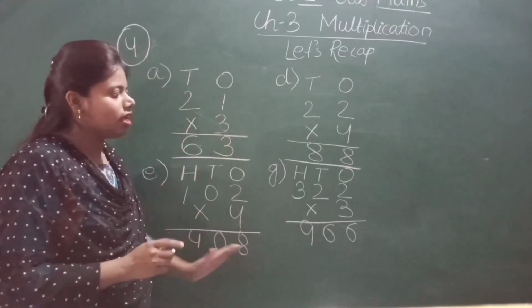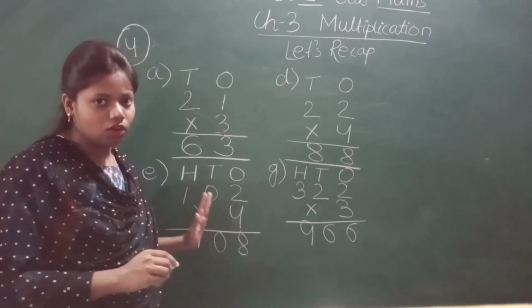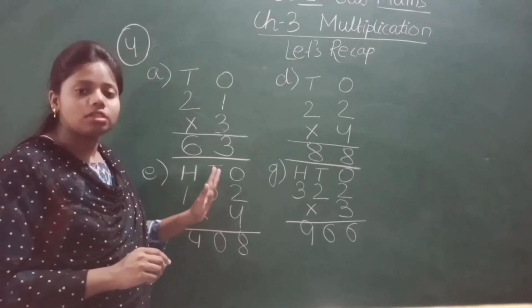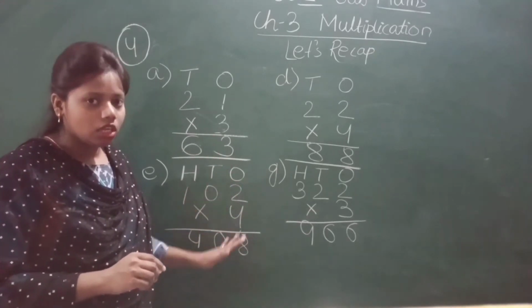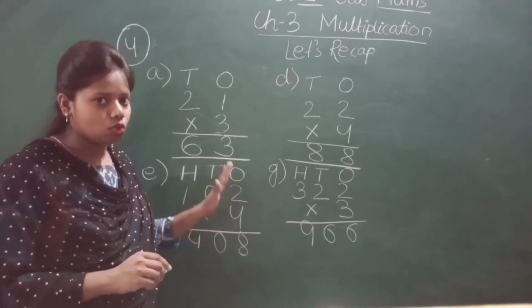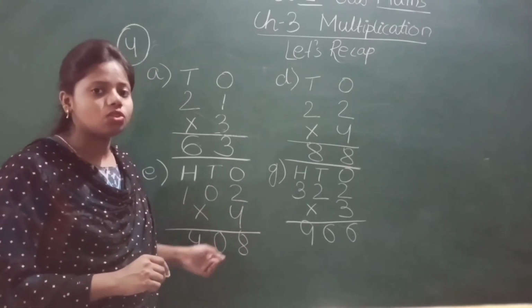So this multiplication was very easy. Okay. It was without carrying and all. So this was easy. For multiplication, as we have seen, now we have to know the table. So those who don't know, I have already said you will learn the table. Now let's see the last question of this.